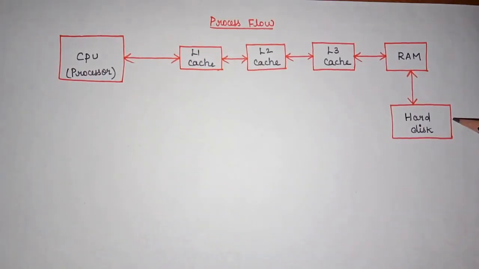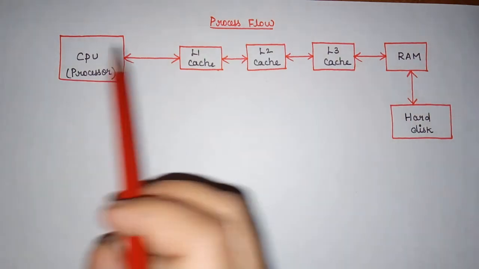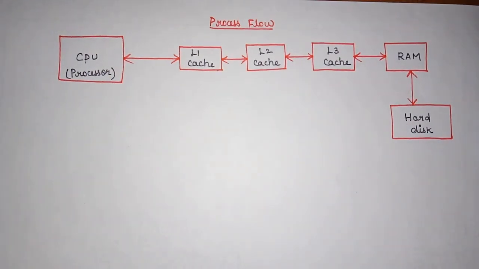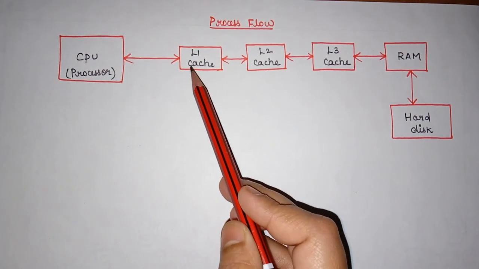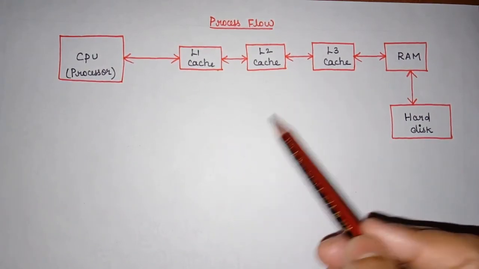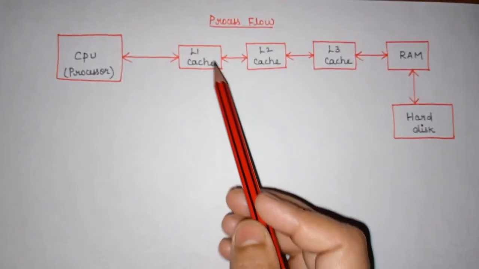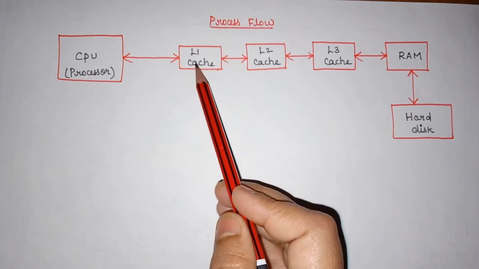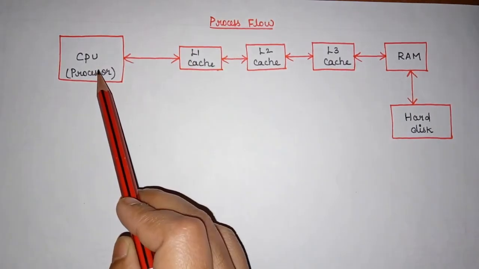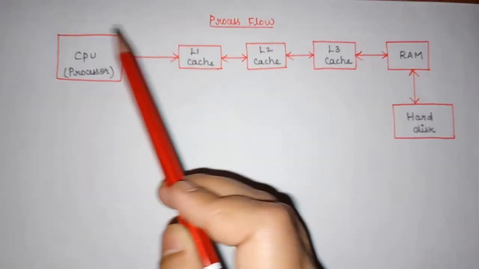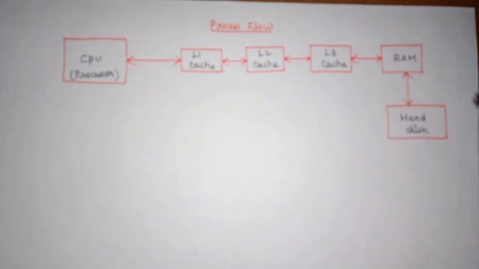Now the CPU, that is the processor, will fetch the information from the hard disk, and that too, the information cannot be fetched directly from the hard disk. The information will first pass into the primary memory, and from that primary memory it will fetch the data. Here we are using this cache for performing faster operations. Whenever frequently used data is stored inside the cache, the processor can fetch the data directly from the cache, instead of searching in RAM and picking from the hard disk.